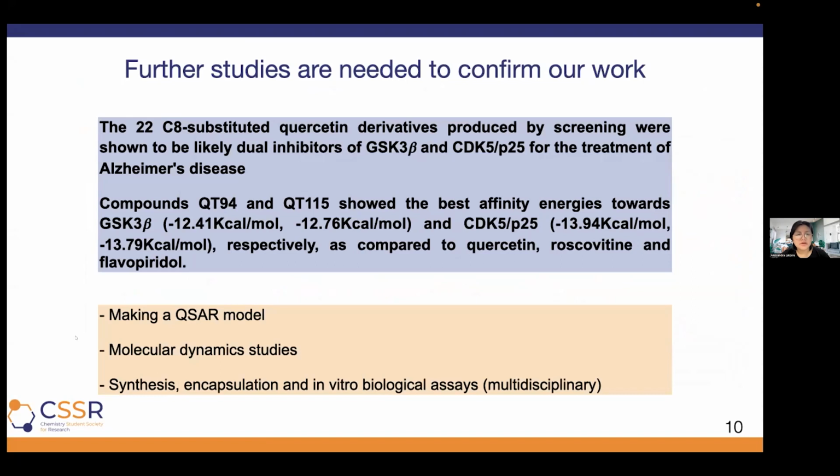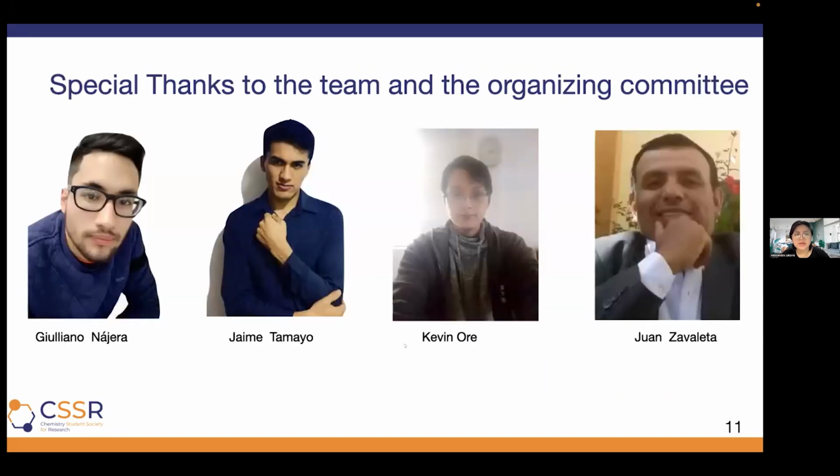Our further steps will be making a QSAR model, molecular dynamics, and also a drug delivery approach, because it's needed to confirm our work. I would like to thank the team and also the organizing committee for inviting us today. And if you have any questions,